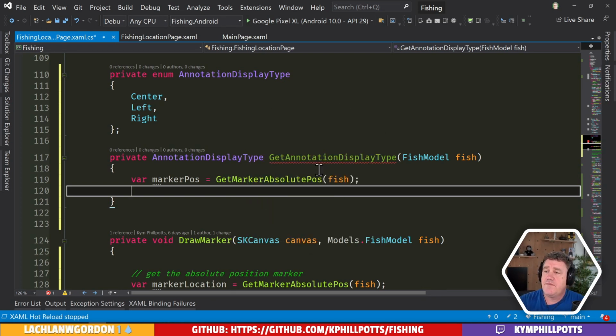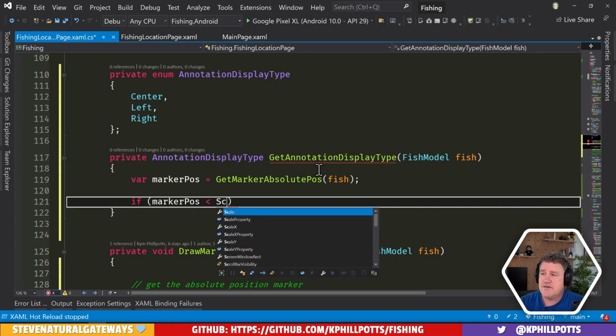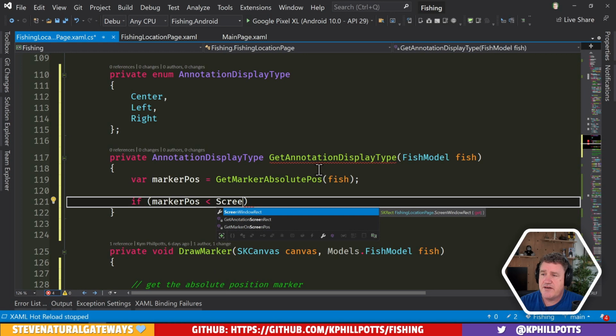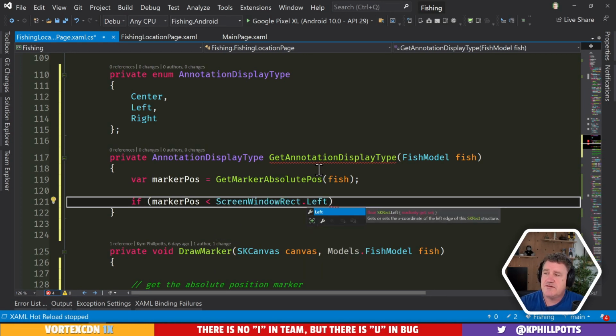Now, what we're going to do is we want to say if the marker pos, so its absolute position, is less than the left of the screen, right? So didn't we have a screen window rect? Yeah. Dot left. So if it's to the left,